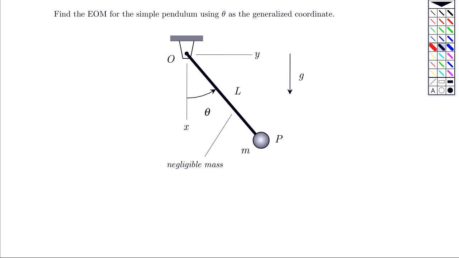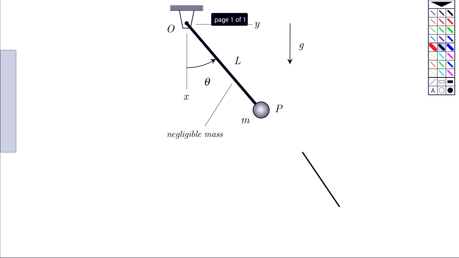We're going to describe the position in terms of the angle theta, and we're going to use the Lagrangian approach to derive our equation of motion. So the first thing we need to do, of course, is to draw an FBD of our system. So what I will do is draw an FBD of the rigid bar with the